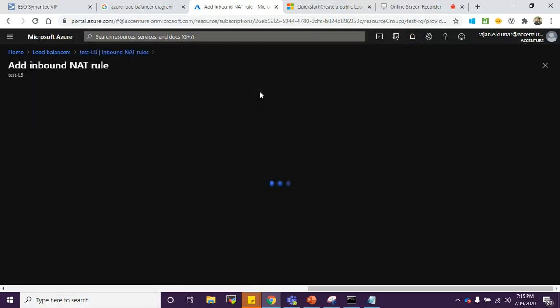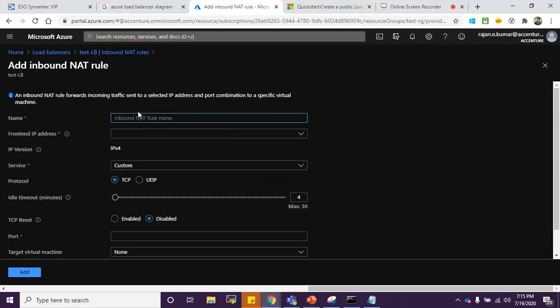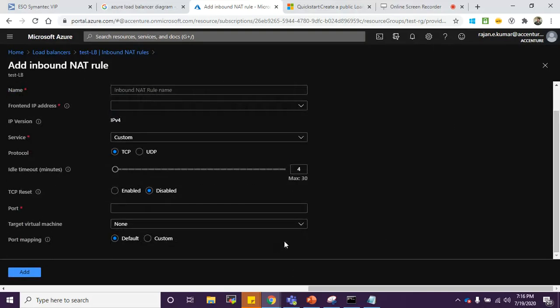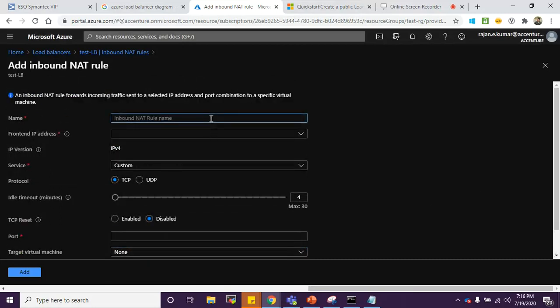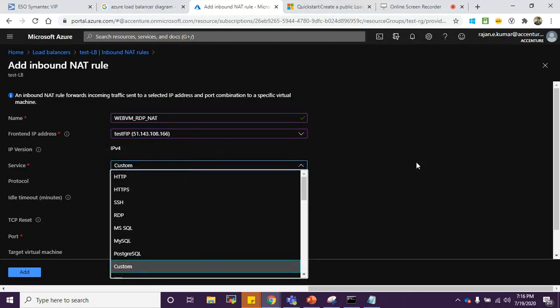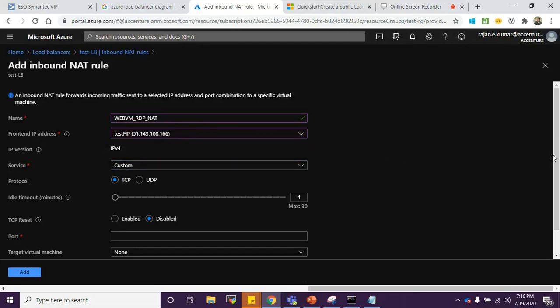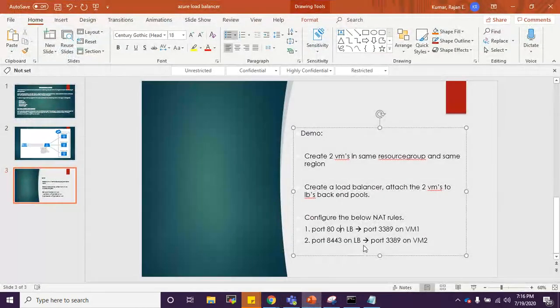Let's create another rule for the second VM. The name of the second VM is WebVM. So we'll name the rule WebVM_RDP_NAT. Same frontend IP address. For the service, as per the presentation, it is 8443.